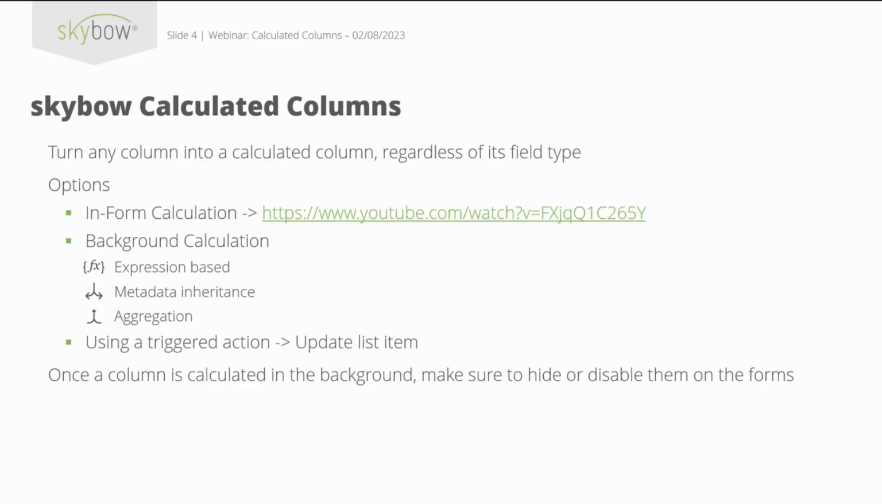And yeah, it's up to you what you're going to choose. Sometimes this is much easier, yeah, to have an overview of what is calculated or not, but I will show you right afterwards. Yeah, last but not least, if you have calculated columns like this in the background, then make sure to